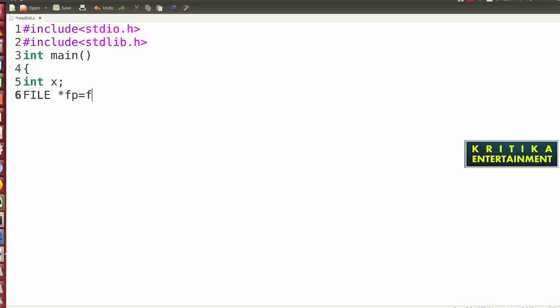fp is equal to fopen, and remember the file name. The file name is number.dat. Which mode do I have to open it in? You tell me. I will open it in read mode, to read the integer numbers from that file. So here I will check whether the file exists or not. If fp is equal to null, then I will write printf